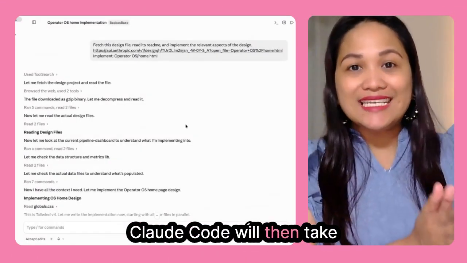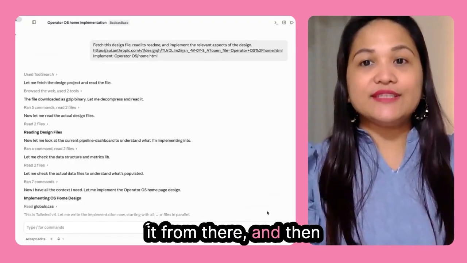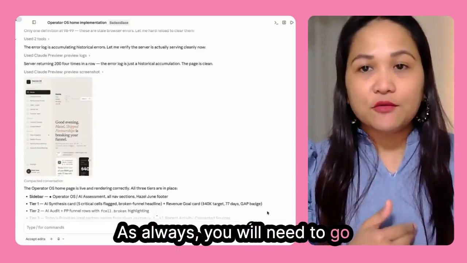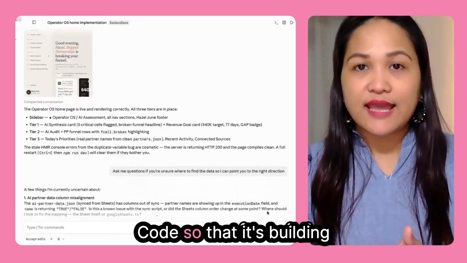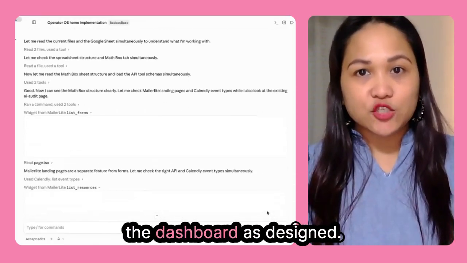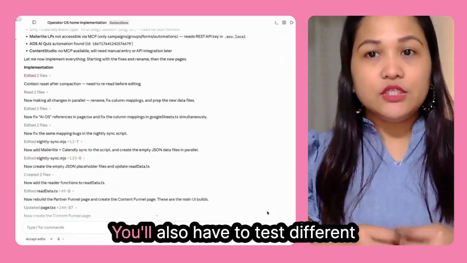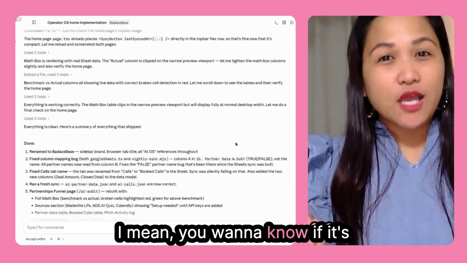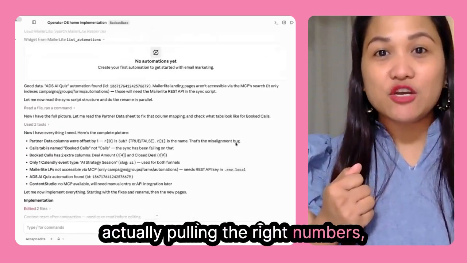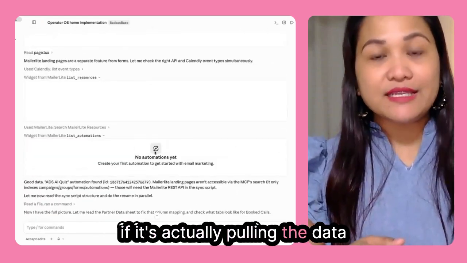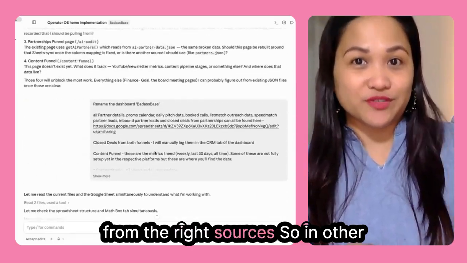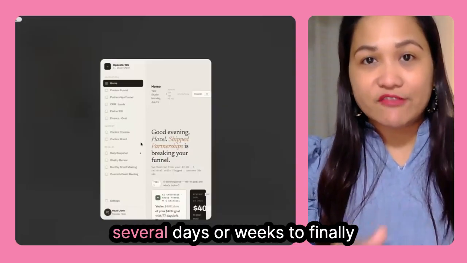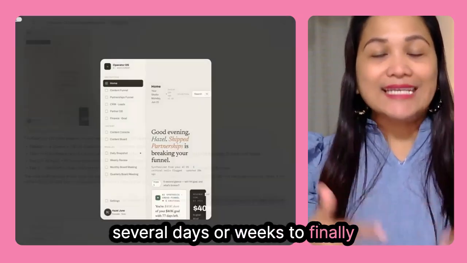Claude Code will then take it from there and start working on the build. As always, you will need to go back and forth with Claude Code so that it's building the dashboard as designed. You'll also have to test different things and QA the data. I mean, you want to know if it's actually pulling the right numbers, if it's actually pulling the data from the right sources. So, in other words, you may need to spend several days or weeks to finally have a